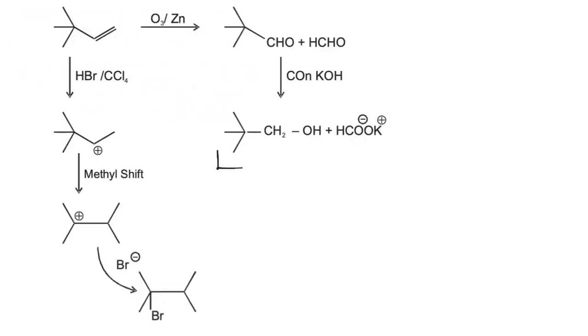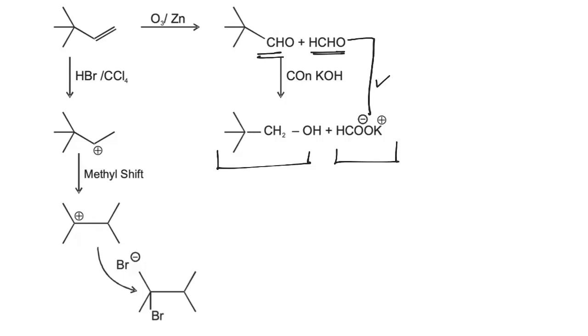Now these two products are formed in the reaction. To prepare these two products we require this aldehyde and formaldehyde. Now during the Cannizzaro reaction, formaldehyde will be converted to the potassium salt of formic acid, and this aldehyde will be converted